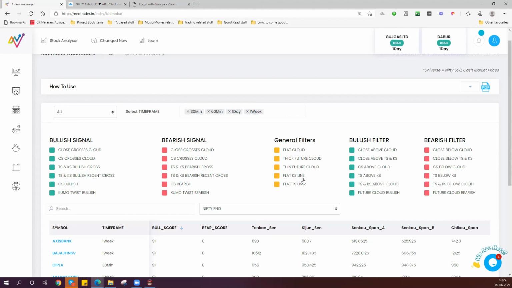So this is going to be a multi-part explanation video about Ichimoku, and as you go along, you will find that the Ichimoku page in NeoTrader is an extraordinarily powerful page, and if you get to know it well, then this can be a complete standalone trading and investing system for you.